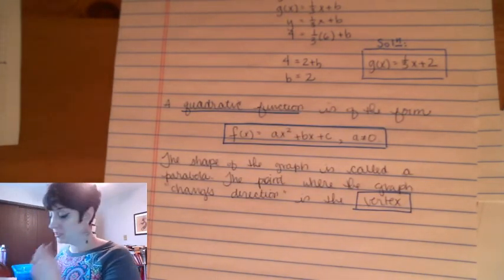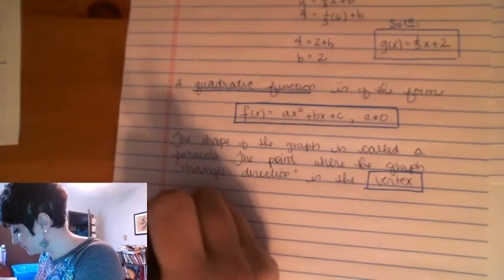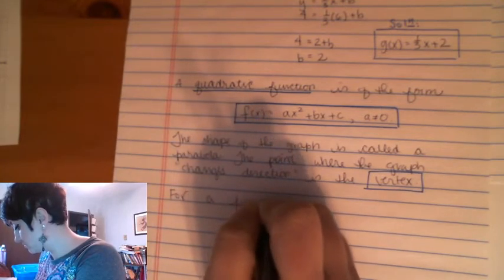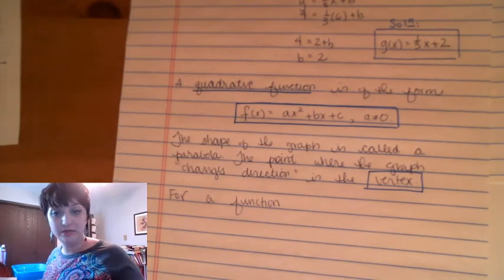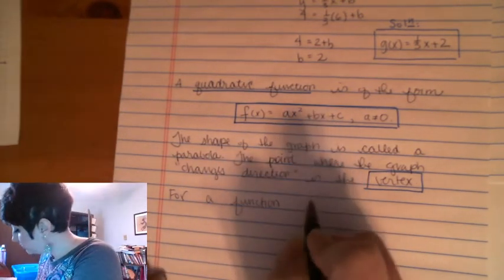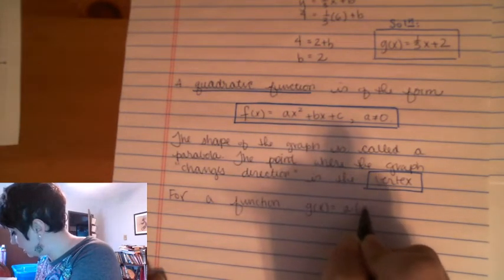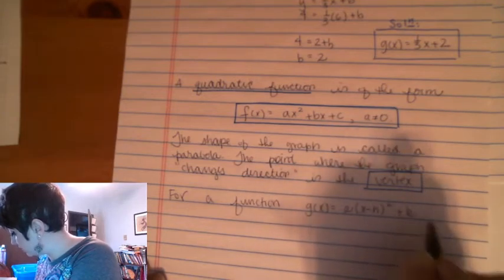Okay, so the vertex form is that a x minus h quantity squared stuff. So for g of x, a x minus h quantity squared plus k,